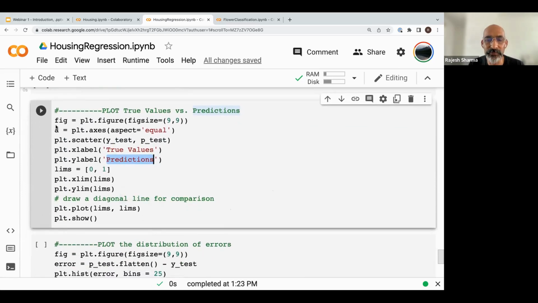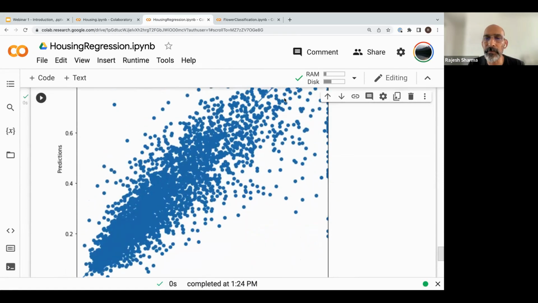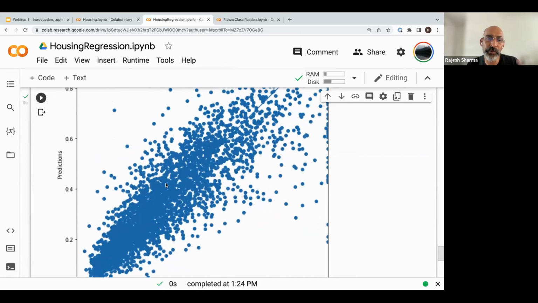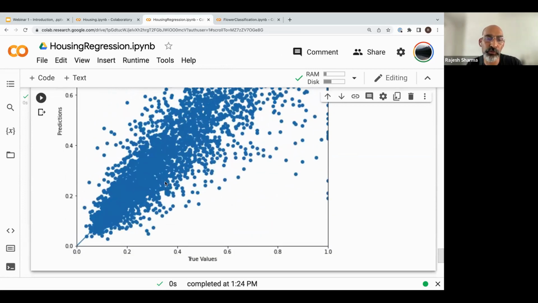Okay, so this should be a straight line diagonally. So this is prediction versus true values. If the prediction matched the true values exactly, you would get a straight diagonal line, and all the points would be on that line. But because we're not going to be able to do precise prediction,